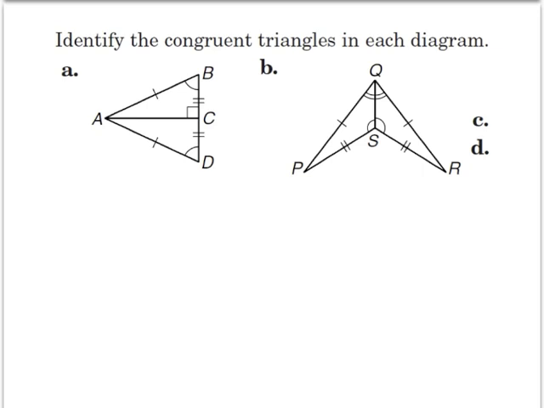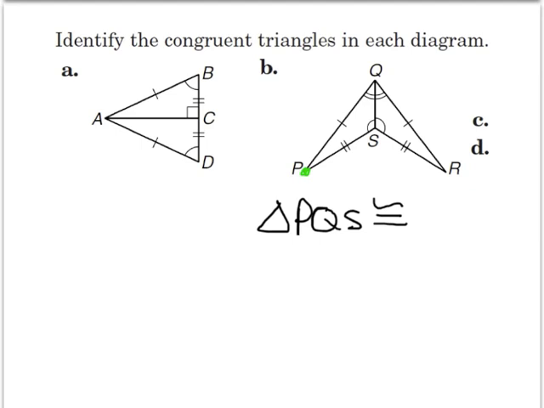Here's another example. We can start with the triangle on the left or the triangle on the right. Doesn't really matter which one you start with. I think I'll start with the one on the left. Let's say triangle PQS. And which one is that congruent to? So we start at P,